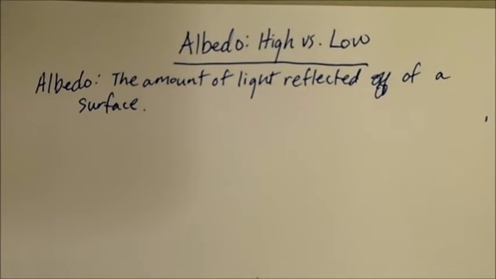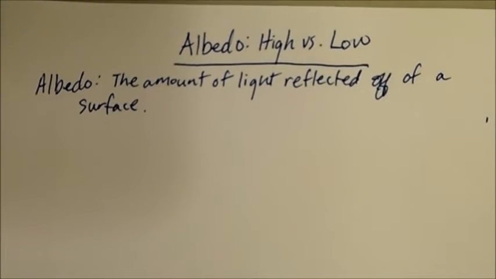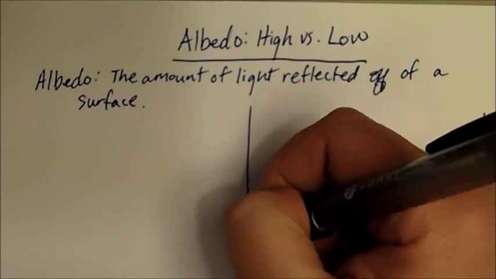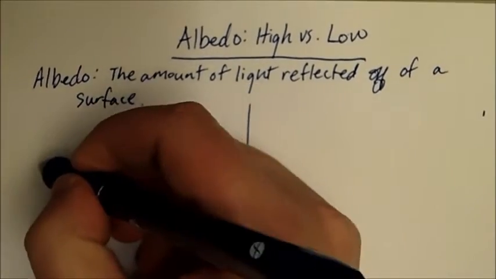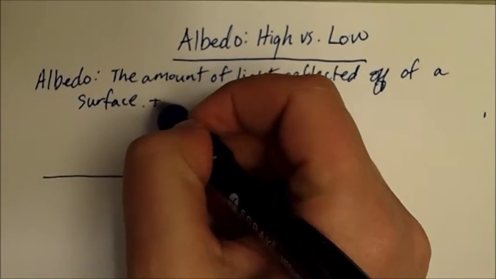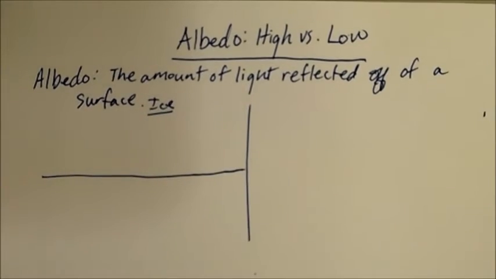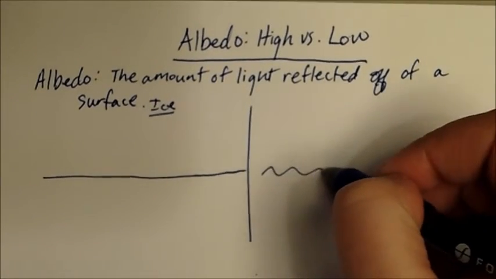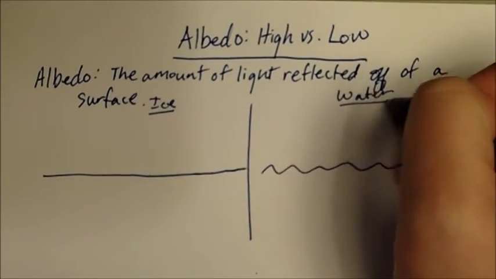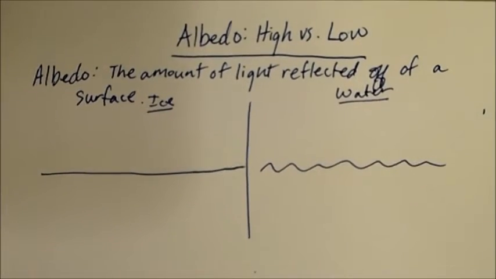Now, of course, the Earth has land and all the things that come with that, but it also has water and ice, and we're dealing really with water and ice. So I'm going to go ahead and draw a picture of both. We've got the left-hand side, which is ice, and we've got the right-hand side, which we're going to call our water side.